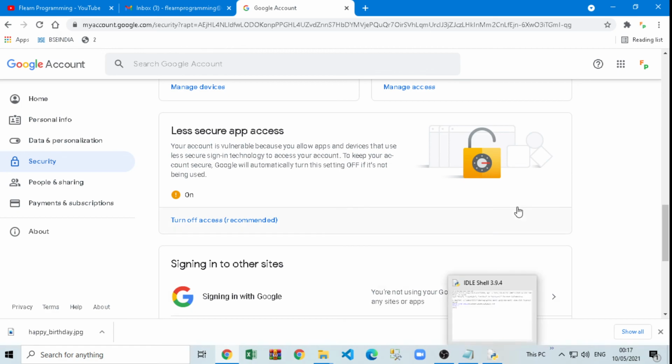I will put all the files in the description. You can download them and run them, but remember only two steps. Put your email ID and password, a dummy or demo one, and allow this less secure app access. That's it, and then you're ready. So within 5 to 10 minutes at most you will be able to send mail, right? So very easy.